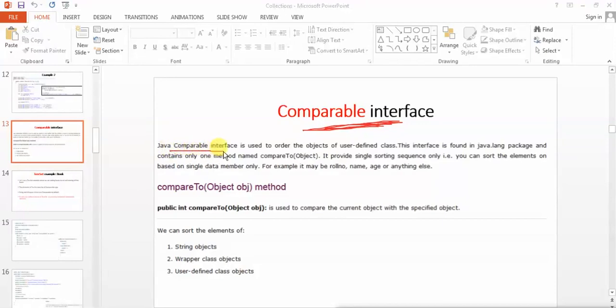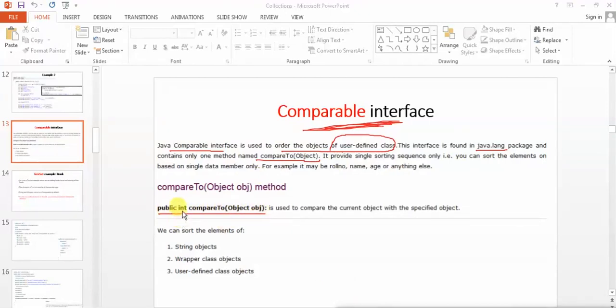So the Java comparable interface is used to order the objects, meaning sort the objects of a user defined class. This is what I said, you need to inherit it. It is actually present in the java.lang package, by default, and contains only one method which you need to implement. You know that whenever you inherit an interface, you have to implement its methods also. So there is one method residing inside it, and the name of that method is compareTo, with a lowercase c. And this is the full syntax.